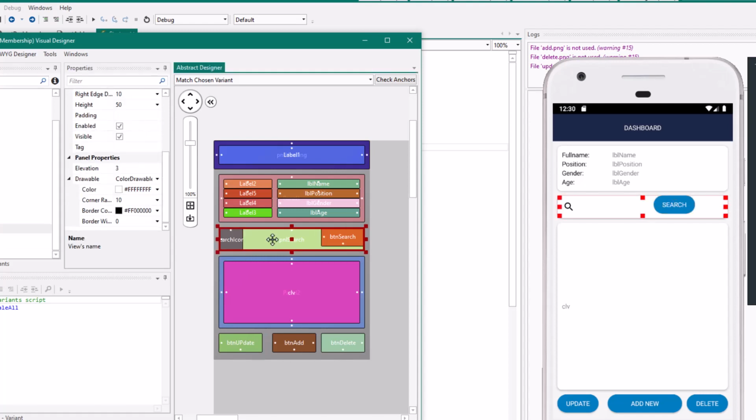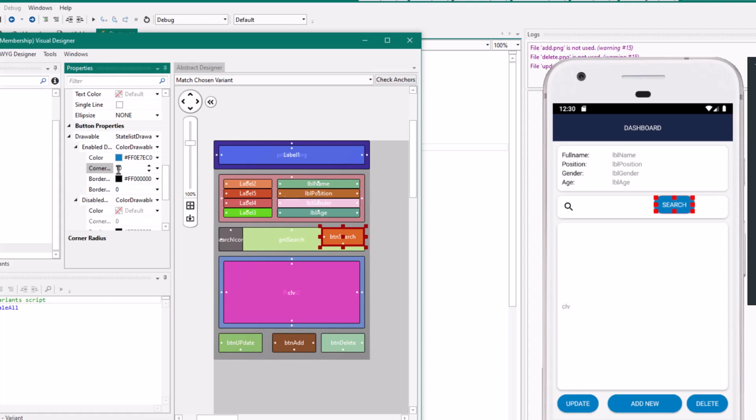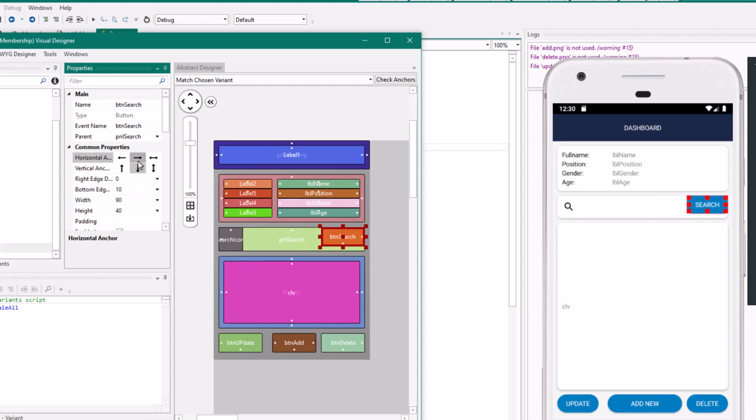Since the panel is having radius of 10, let's also give that same radius to the button, so 10. Then we'll anchor it to the right, the same height as the panel.